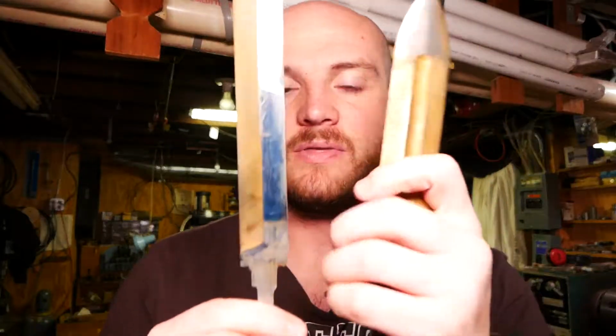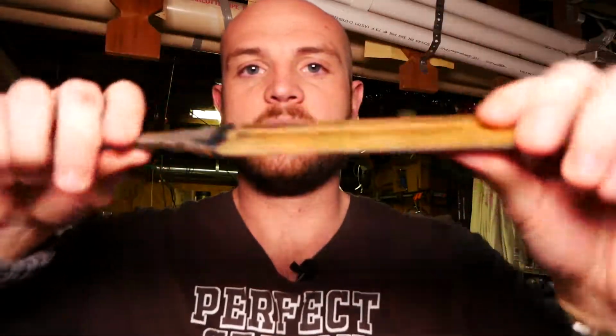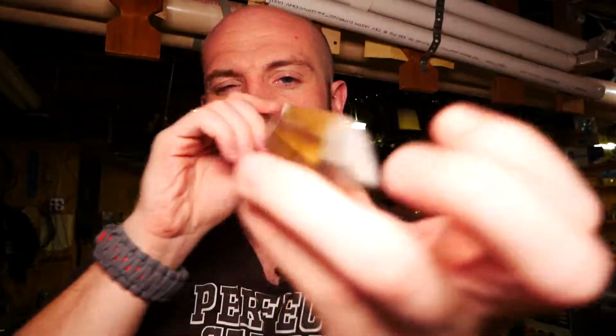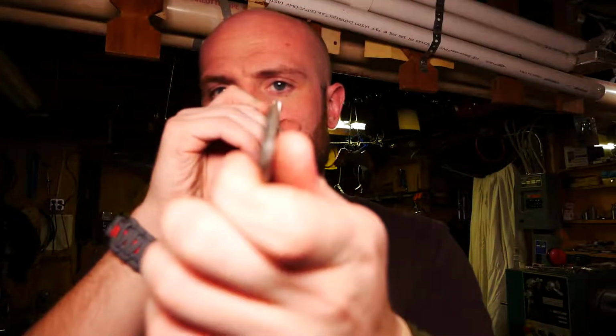I think these things are going to warp, and they're straight now. Any amount of bend I could grind out, but I think that these things are going to warp just because of how thin they are. Maybe not this one as much because it's got this really thick back, but this one, I mean, it's very bendy, and it stays bent when you bend it. I mean, I can bend it back into place just like that in its annealed state, but